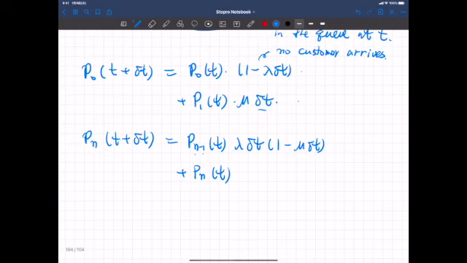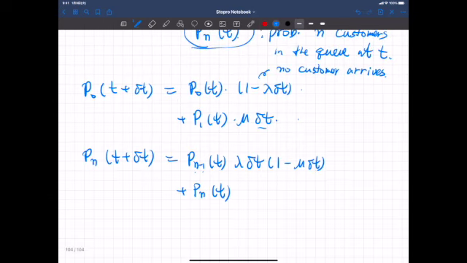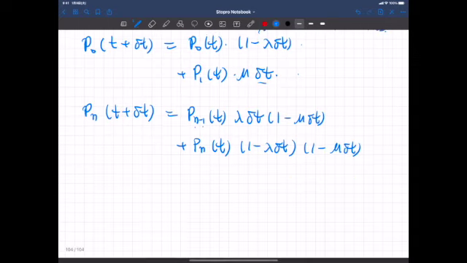Then in that case, let's see. We could say no new customer arrives, that is 1 minus lambda delta t, and no customer leaves. Okay. Or